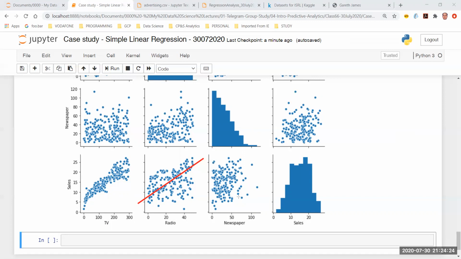So if this is the best fit line for radio, you will similarly find a best fit line for TV. You will also find a best fit line for newspaper. You will find it for each and every variable. This is not the case that only because I am saying TV is good, the regression model is going to only apply for TV. But then the problem is, and this is where we stop for today,